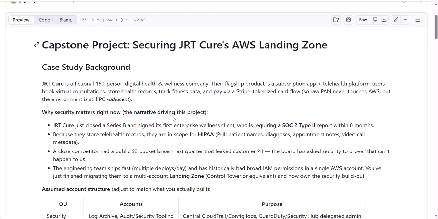The case study background is JRT Cure, a fictional digital health and wellness company. Their products are a subscription app plus a telehealth platform. So users book virtual consultations, store their health records, and track fitness data, and they pay via Stripe tokenized card flow. So this is their main business,